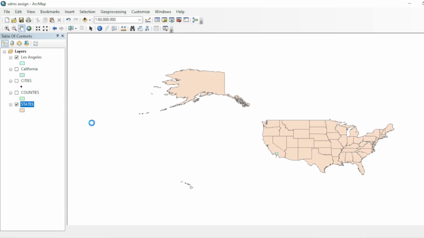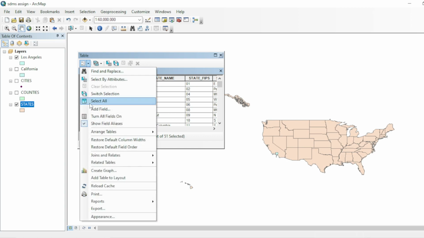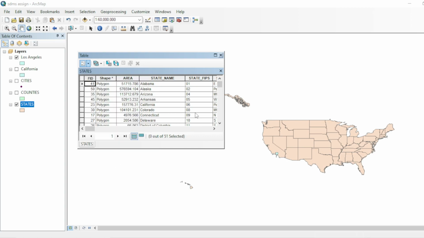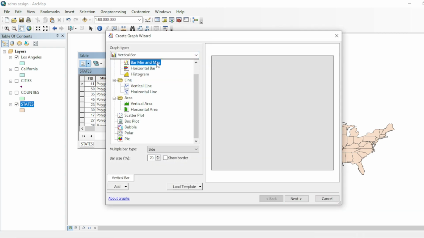Go to the state attribute table and go to the table option. Go to create graph. And now if you want a bar, min max, horizontal bar, histogram, vertical line, horizontal, you can create a scatter plot and you can also create a pie chart. So I will go with vertical bar